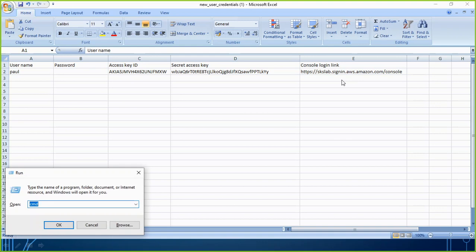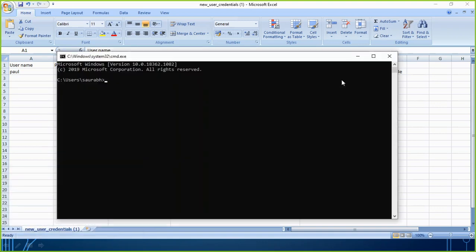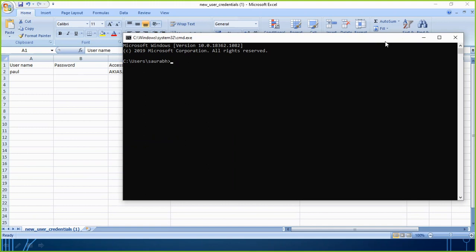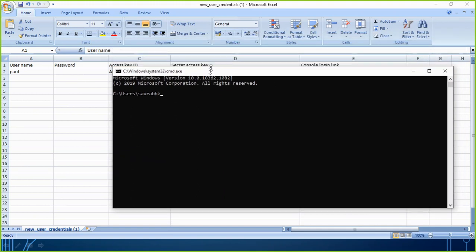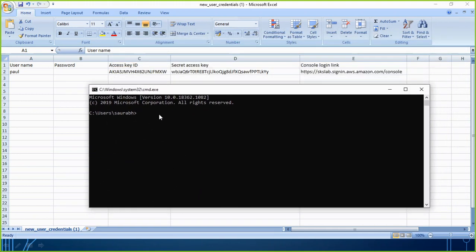I simply open the command line interface of my computer, because I am assuming I am Paul. So I just access my command prompt. There I can just go to the main page also, that will be easy. So now I am at my command prompt. If you want to access AWS services on your command prompt, the very first task you have to perform is the command: aws configure, as simple as that.